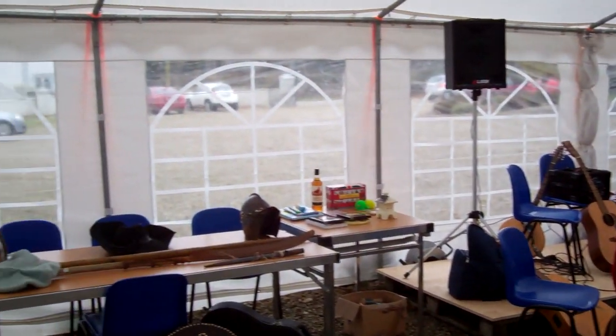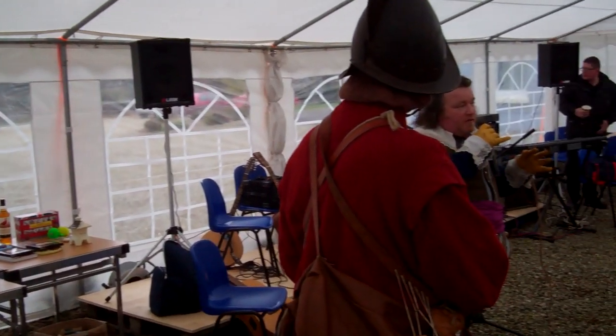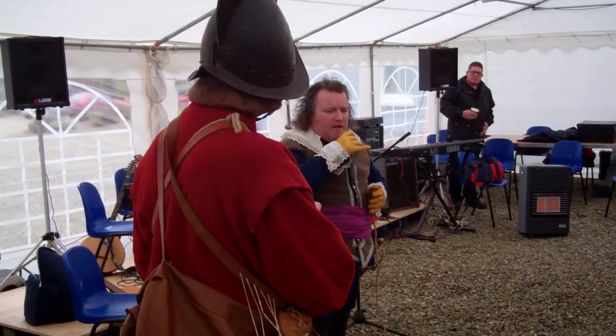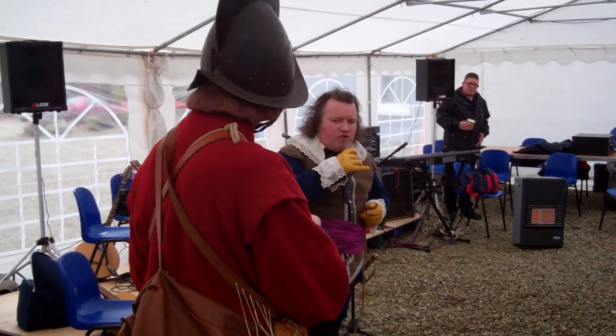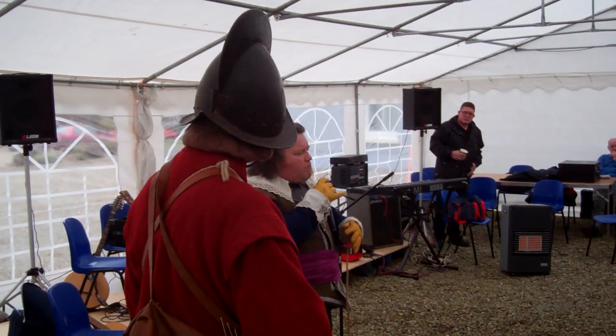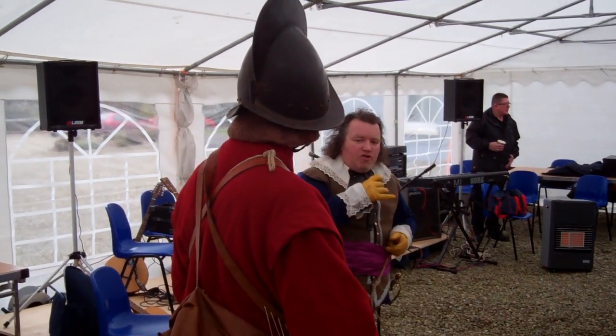Basically, there are 36 actual movements to loading a musket in the period. But what they found in Ireland, even back as far as the 9 Years' War, was that the actual musket stand itself was more of a hindrance than a help. So later on,